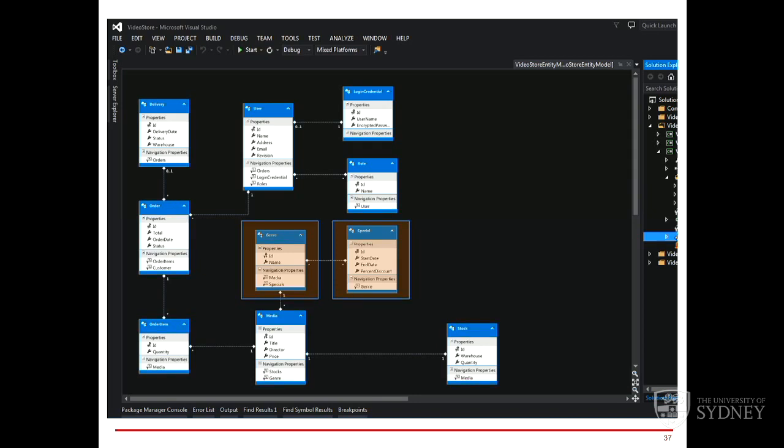What's the relationship between genre and media? What's the manyness of that relationship? 1 to many? 1 to many. So each media item is of a genre, and each genre can have many things in it. So there's a 1 to 1... a 1 to many relationship between these two. And then